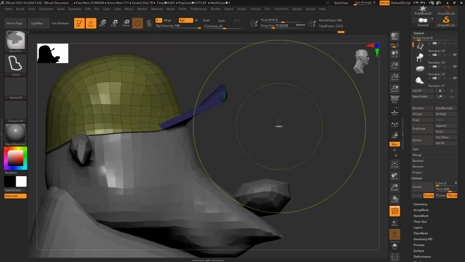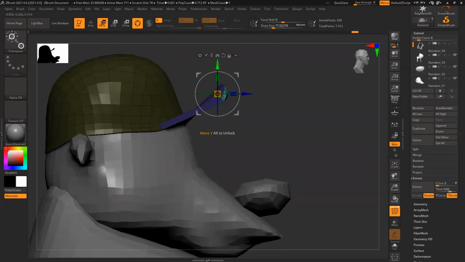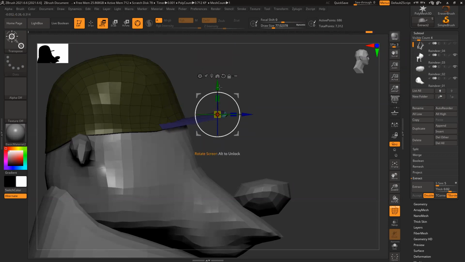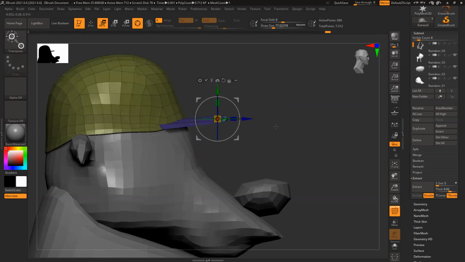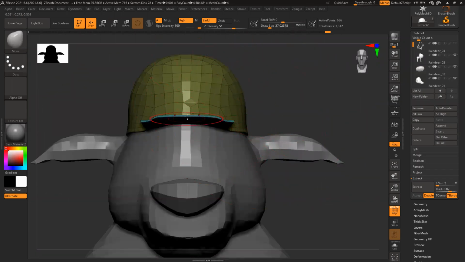Or I can select it, mask it, invert W, and move it like this. So basic structure is almost ready. Deselect everything, BMV, front, slightly curved,